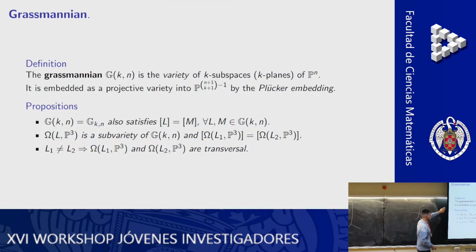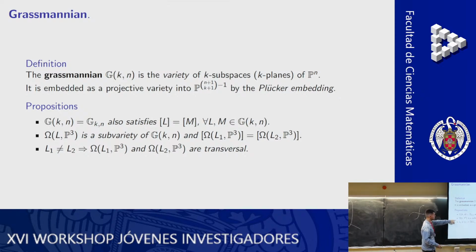So we need three ideas, three results about the Grassmannian. The first is that, as in the case of the projective space, any 2 points of the Grassmannian are going to be rationally equivalent. The points of the Grassmannian in our case are going to be lines, because we are going to work with the Grassmannian of lines of P3. So any 2 elements of the Grassmannian are going to be rationally equivalent. So I'm going to talk about the class of a point, in the same fashion as before.